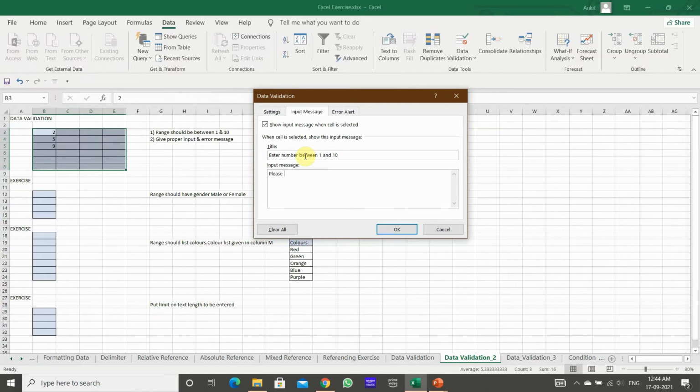Please enter number only between, you can put anything according to your requirement, 1 and 10. Okay, if someone puts the number 11 or 12, what comes up? When the user enters invalid data, show this error alert.